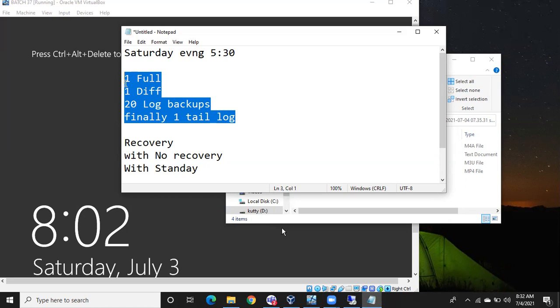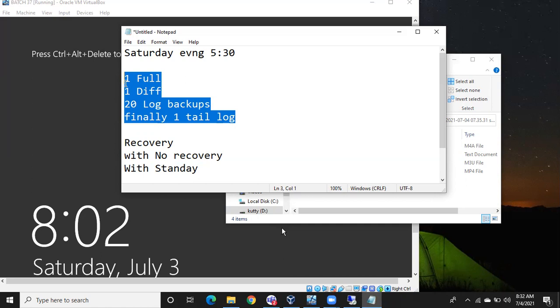See, think simply. With recovery, you have to use it if there are no further backups to restore. If that is the final backup to restore, then you can use with recovery. If further backups are there to restore, in all scenarios, you have to use with no recovery only. Okay, then here we'll go with no recovery because we do have further backups. Yes, very good.